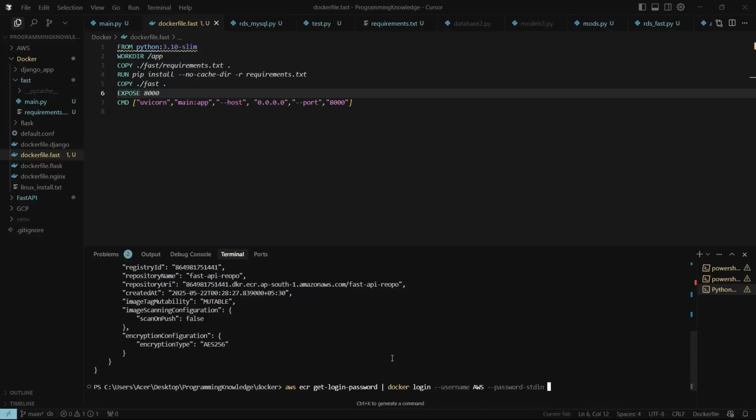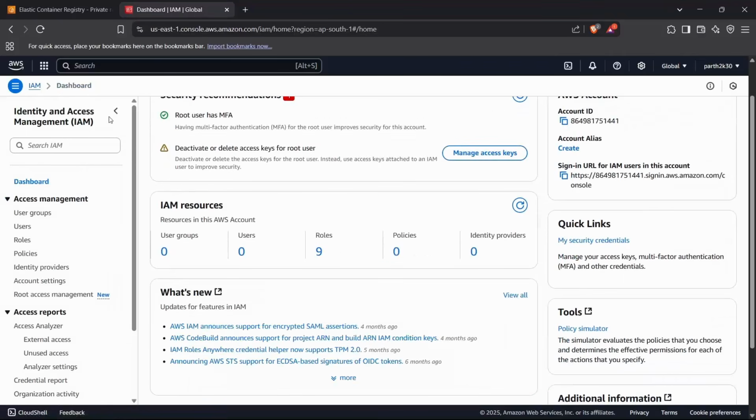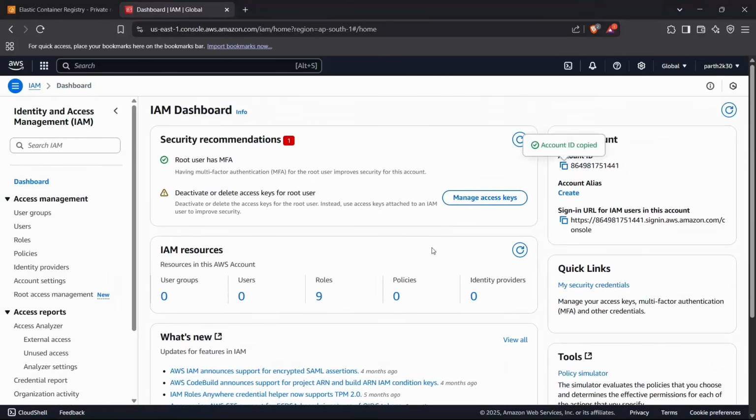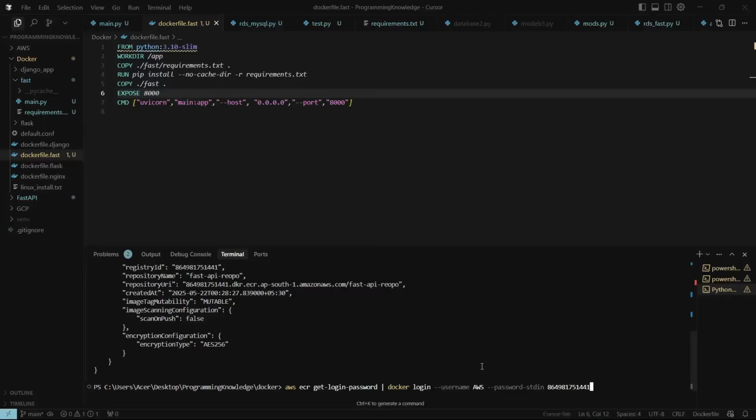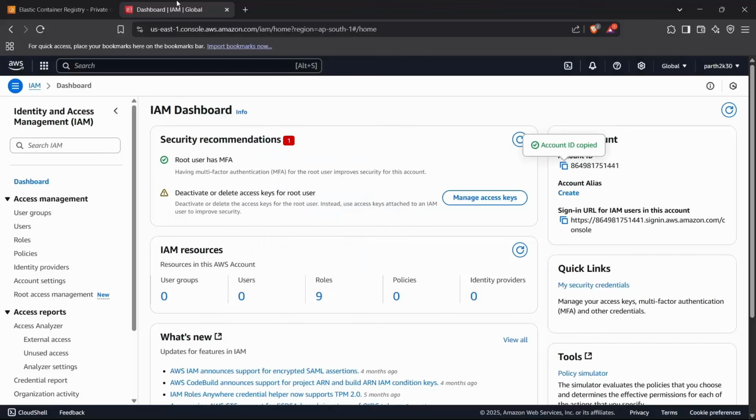Then we can have some credentials from our account, which is going to be first of all the account ID. The account ID is present inside the IAM itself, or actually inside here. Yes, we can see here. So I'll just paste it right here and then I can write in dkr.ecr and then the region, which is AP South 1. And then I can write in Amazon AWS.com and then slash and the name of the repository, which is actually